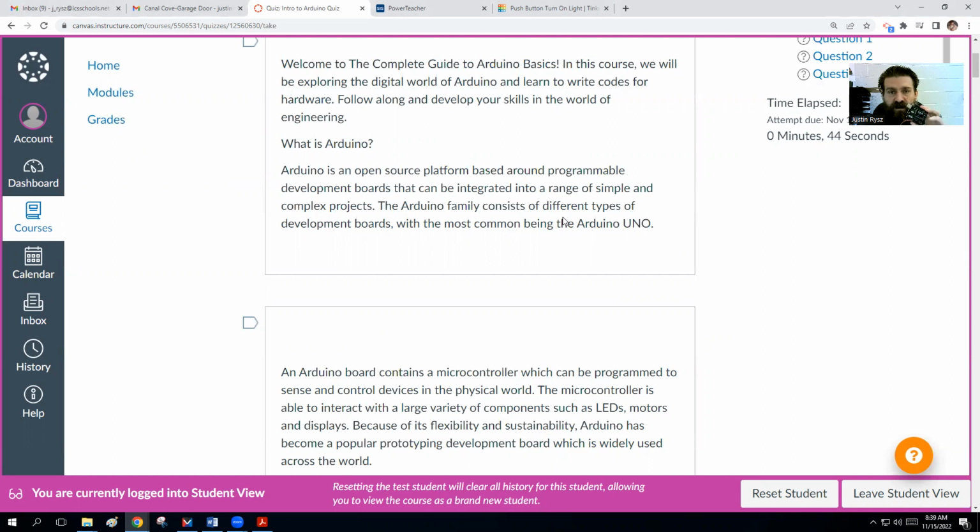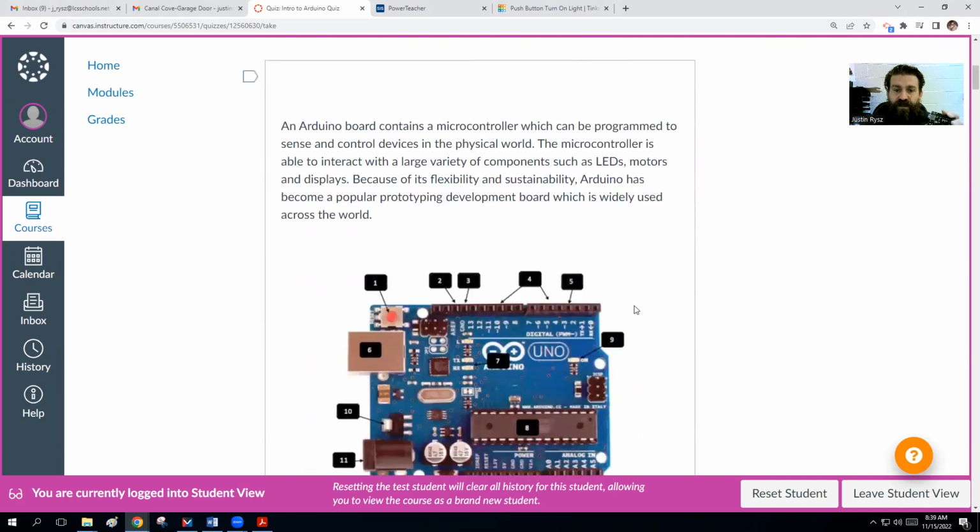It's really good. It can hook up quite a bit of things. There are some bigger ones that you can hook up more, and there are some really small ones. So if you want to put them inside different devices, you can buy some really small ones that work out. So the Arduino board contains a microcontroller that can be programmed to sense and control devices in a